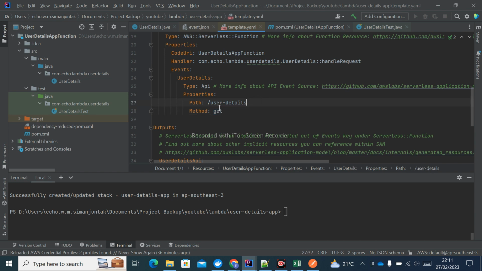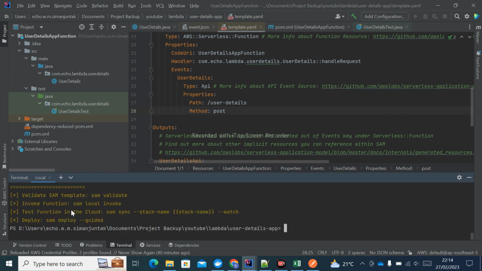And then I will change this method to post. Okay, and after that I will build the function again,